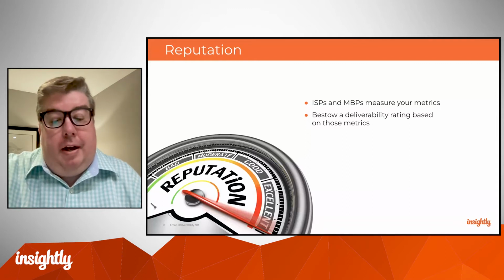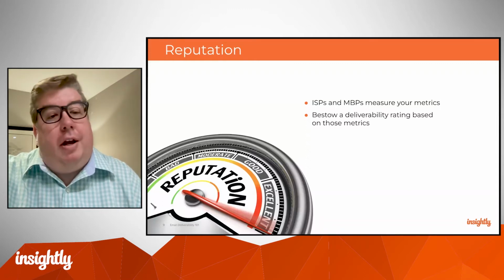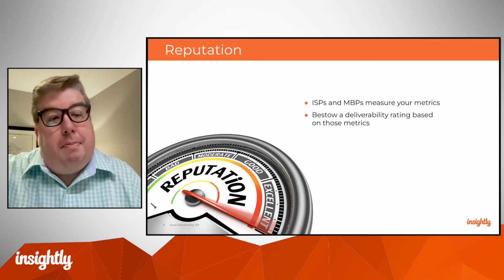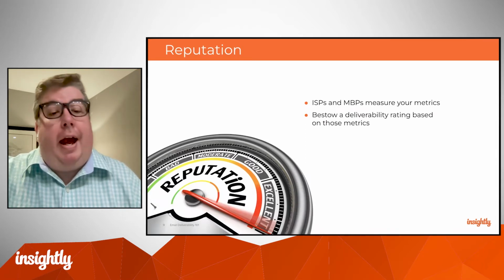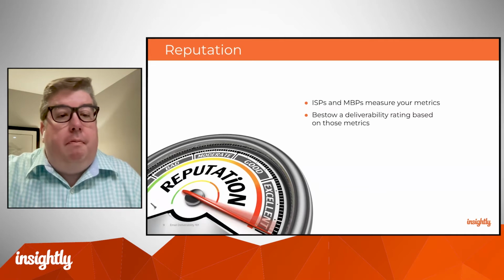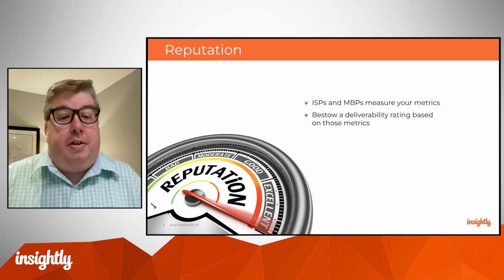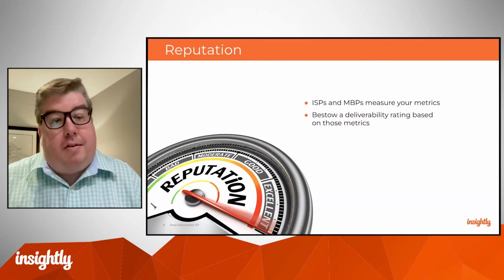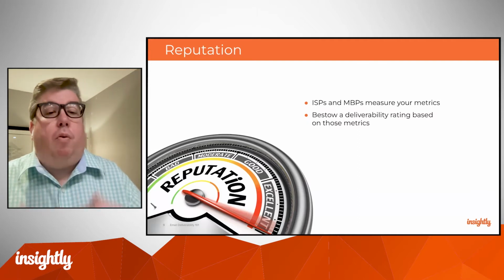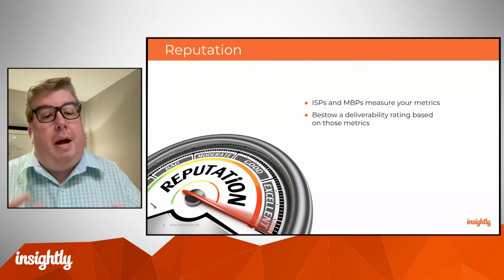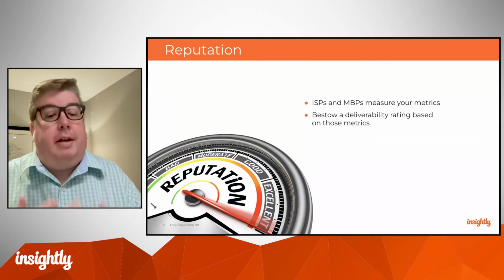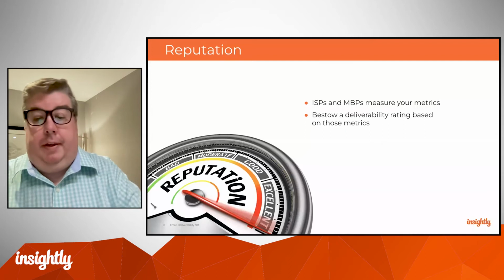These are all based on statistics that ISPs generate and summarize based on what they see of your mail activity. So it's metrics, anything they can measure about your mail, whether it's wanted, unwanted, how much it's interacted with, how much it's not interacted with, et cetera. Those all roll up to give an ISP a reputational view to help them determine whether or not they think a sender is a good guy or a bad guy.